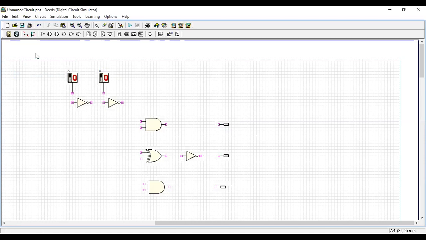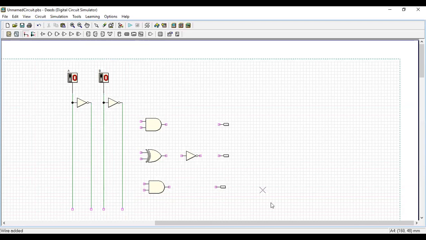Now press Ctrl W to take a wire. See, if you pick a wire, your mouse cursor will change to a cross. Then just click on all the pink boxes. Yes, so now how to connect?